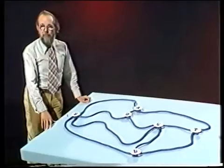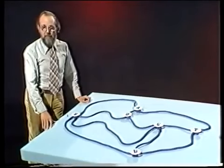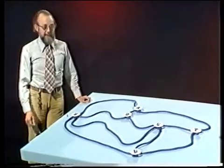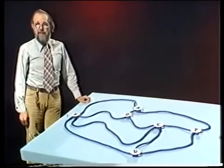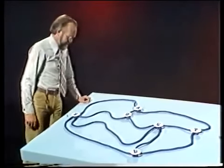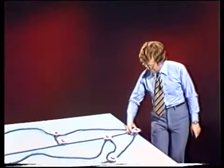This is in fact quite an important question. How do you find the shortest route through a network? Well, Euclid tells us that the shortest distance, in fact, is a straight line. The snag is we don't have any straight lines here, but that's where the rope comes in. Let us have a go at making some straight lines. Richard, would you like to give me a hand? If I take S, and you go over there and take hold of T, and if we pull, we should find...